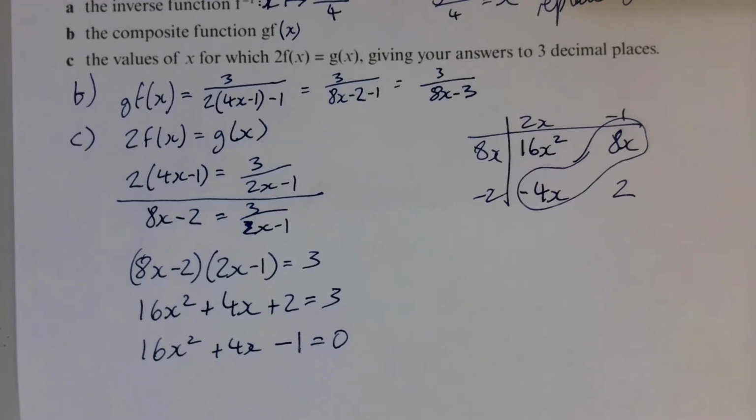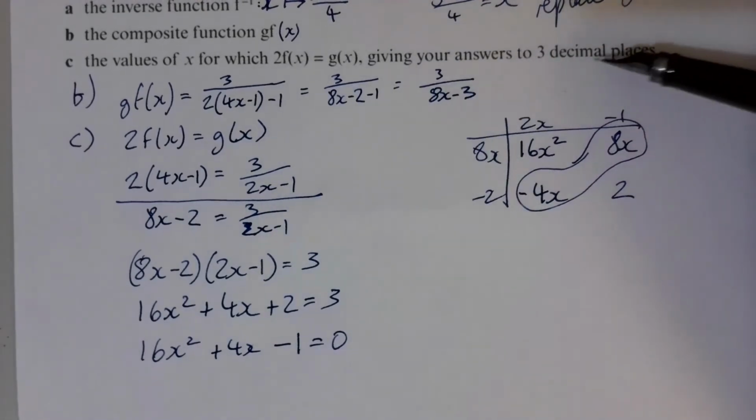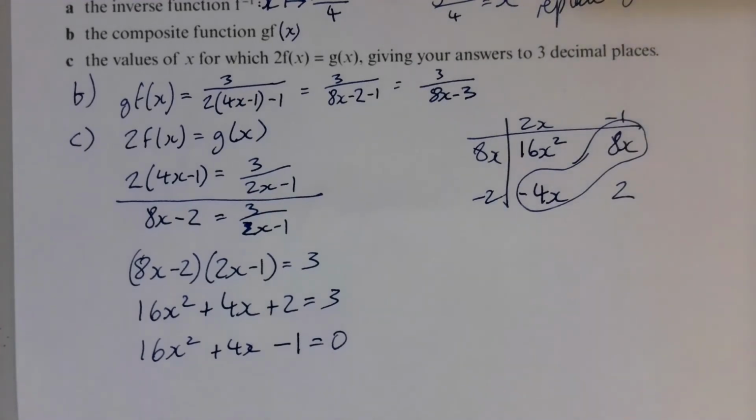So what do we do now? Not a multiple of 4, I mean. So now, at this point, trying to factorise that, notice in the question it says give your answers to 3 decimal places. So it's either time to use the quadratic formula or your calculator. So if we take out the calculator